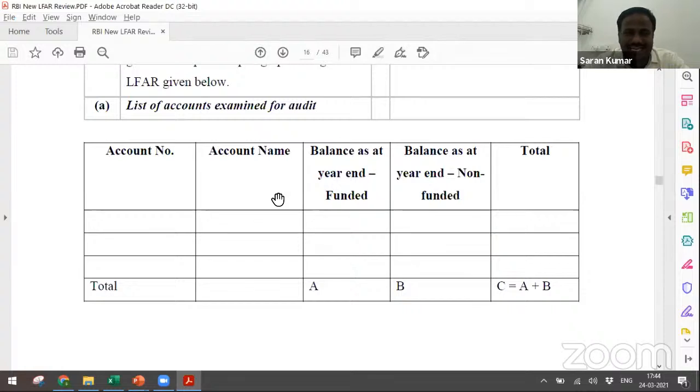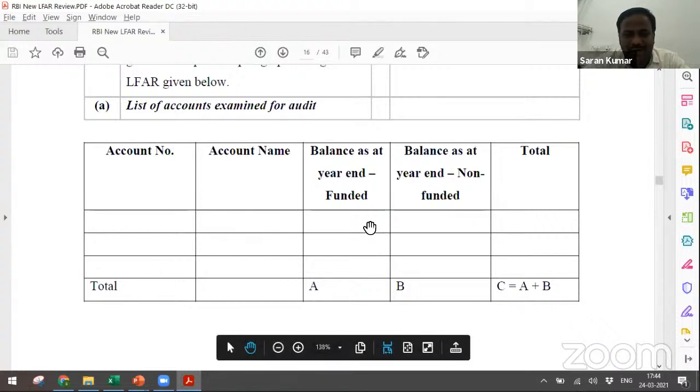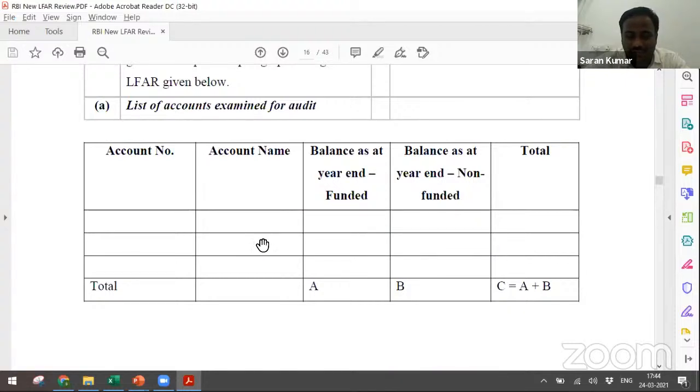That account I did not examine. All other remaining accounts I examined. That may be the answer. That's the reason this time they are very specific. Once you keep the account in this table, you can't say no later, because you yourself are going to sign and submit the report. So you must be very careful before taking the responsibility of any of the accounts here.